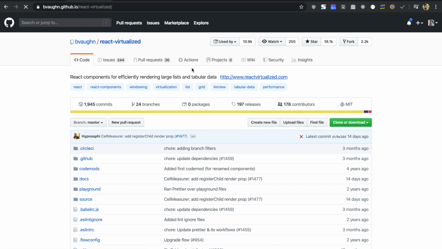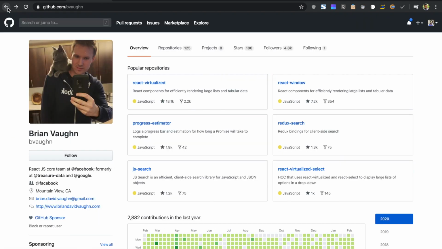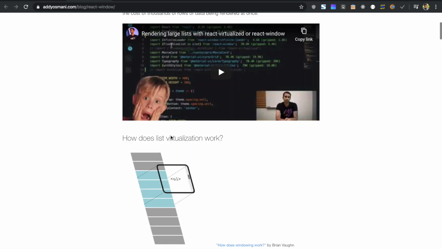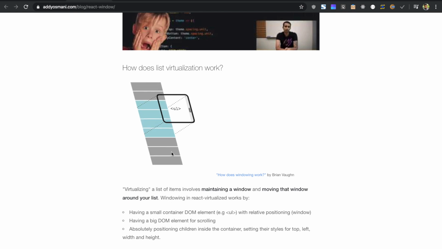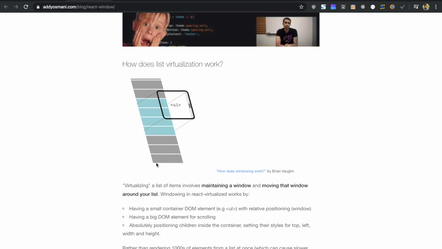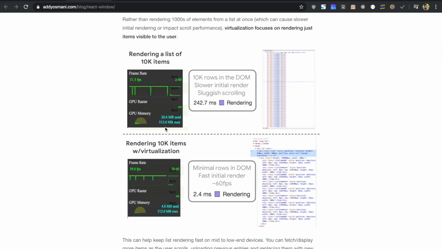You can also use it, but React Window is the newer version of this. React Virtualized, re-implemented. It has a smaller size and a lot of things. This is Addy Osmani and he explained it very well. What that library does is that it only renders what is in the view, and the other things will not be rendered, it just keeps them in the JavaScript memory, and it has a huge impact on